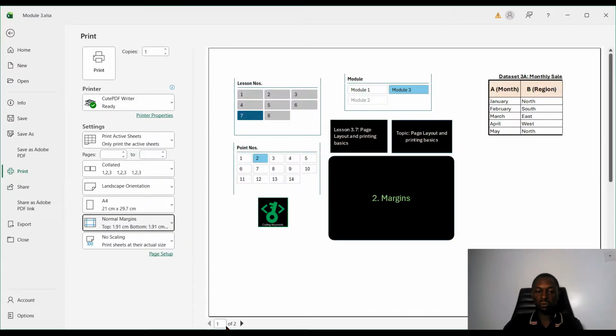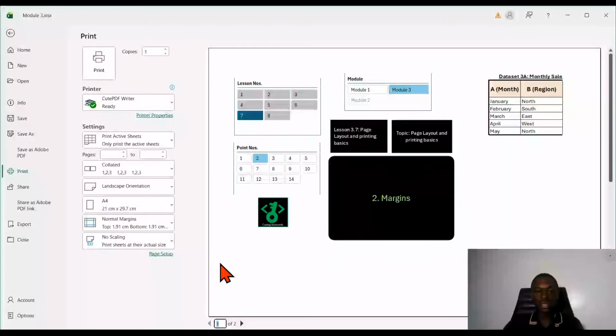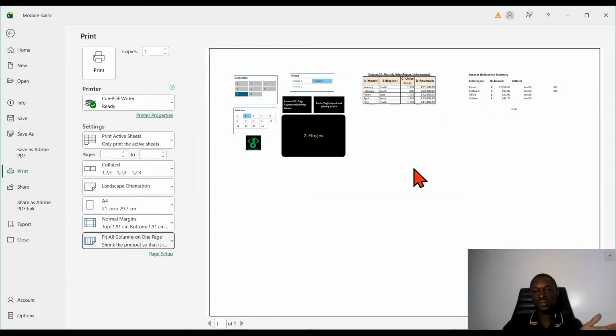So currently I have one of two. I have two pages. I can click on this to see this is page 2. And let's just say I want everything on one sheet. So what I would do would be to come over to scaling, and I say I want all the columns on one page, and I do that. It's going to adjust it. So you see,